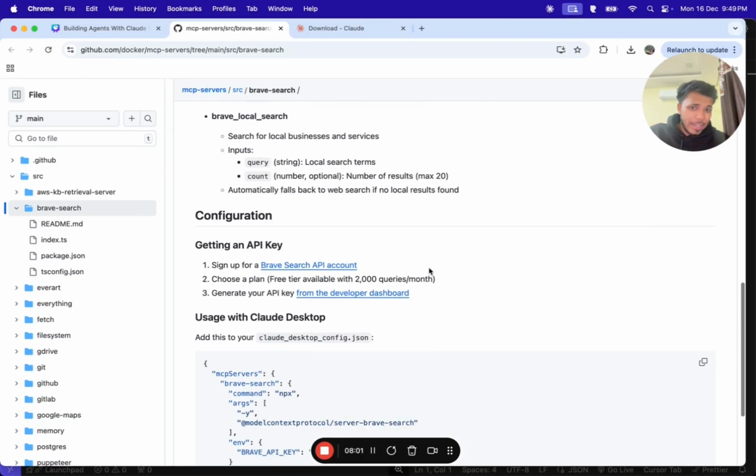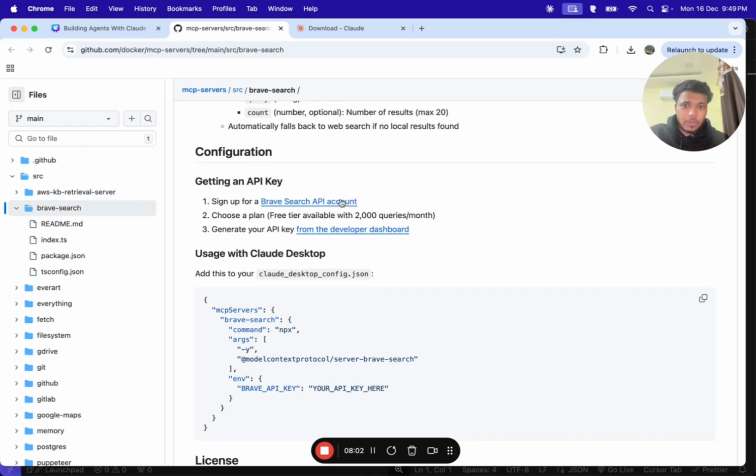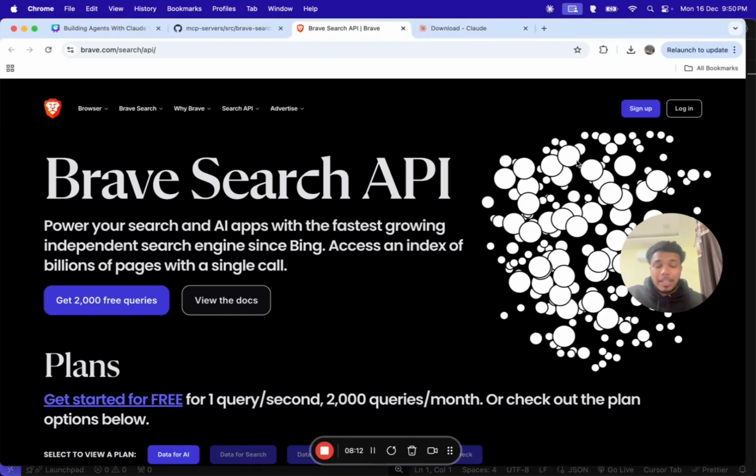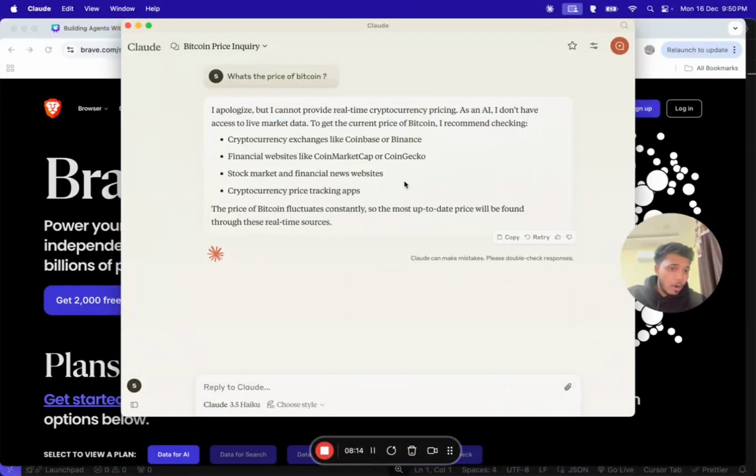So what you need to do is scroll and then generate an API key. So just go to Brave, this particular URL, and now let's quickly sign up. By the way, if you are opening Claude the very first time, you would get a sign up screen or something to log in. Just have that account on Claude. It's very essential for you to have that account, because it's actually the father of all the AI models that are available, because it's so good in generating code, it's so good in analyzing and summarizing data. So it's the best model that you can have.